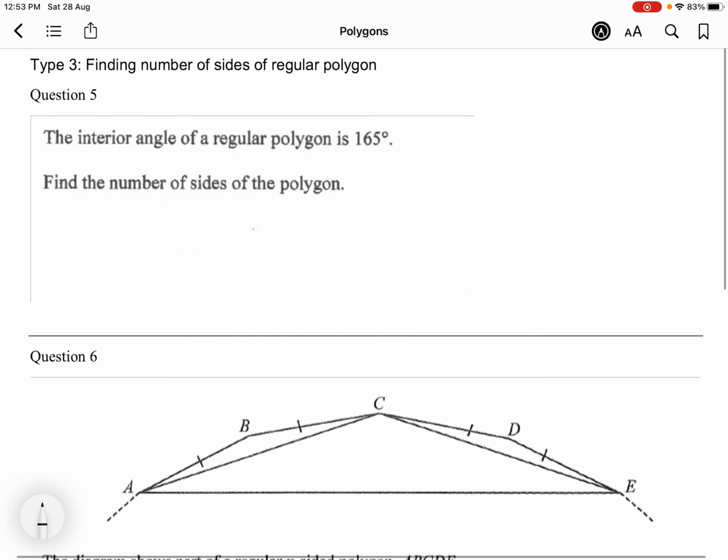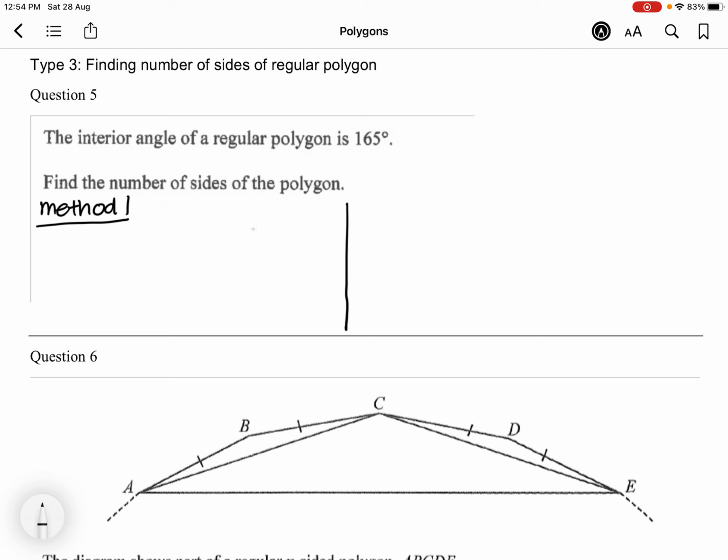Right? So down here, what do we have? We have the interior angle of a regular polygon given to be 165 degrees. Now they want us to find the number of sides. Now there are actually two different methods that we can use. Method number one,